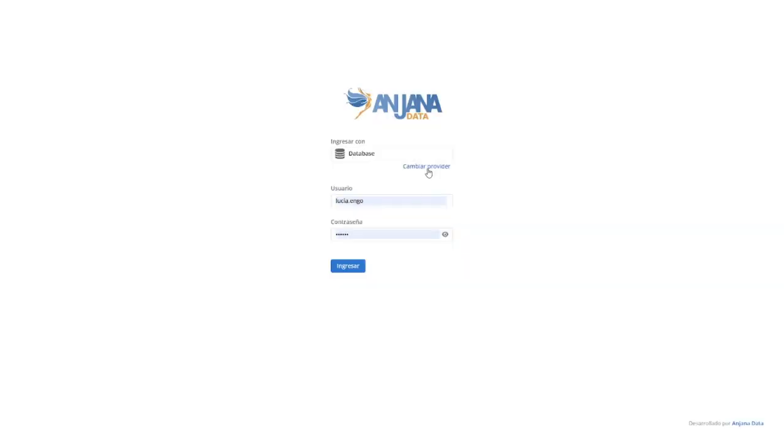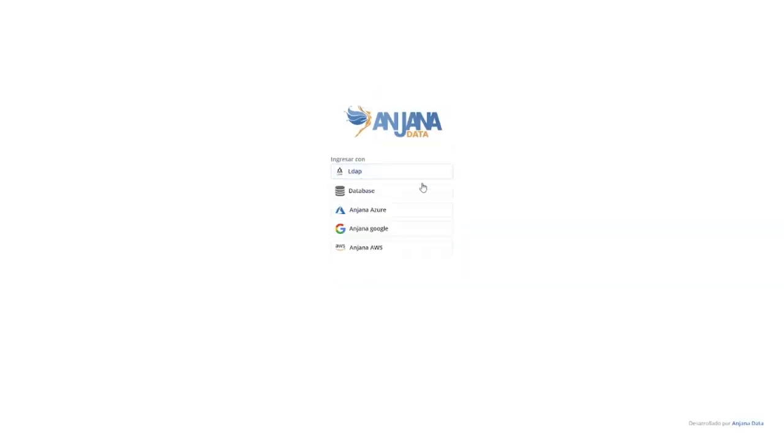Now, let's access the data portal where we can see one of the platform's key capabilities, the integration between Anjana data and our platforms, which in this case is the ability to integrate with identity management systems so that users can authenticate using their corporate credentials. We can see that Anjana can integrate with corporate LDAP systems as well as with the different identity management systems